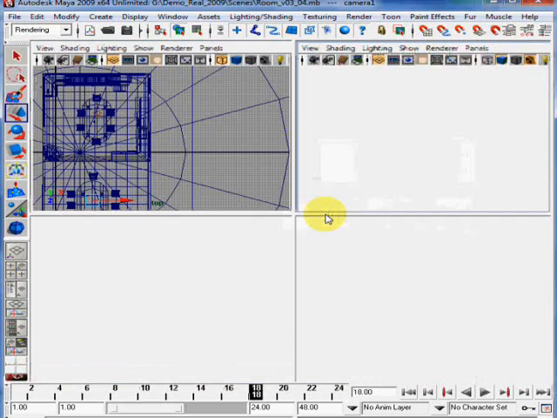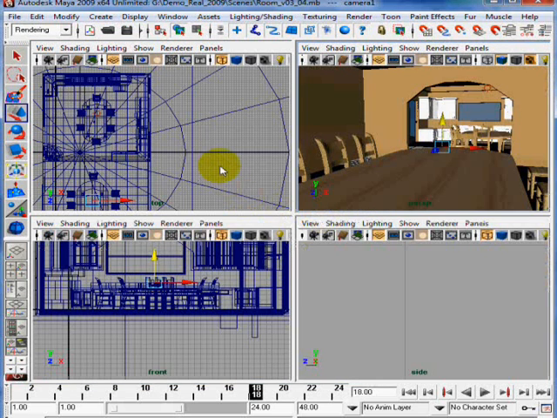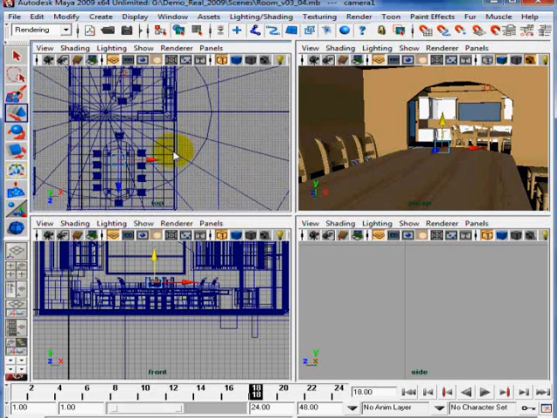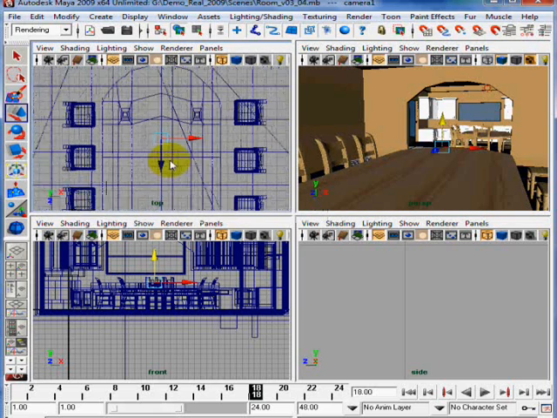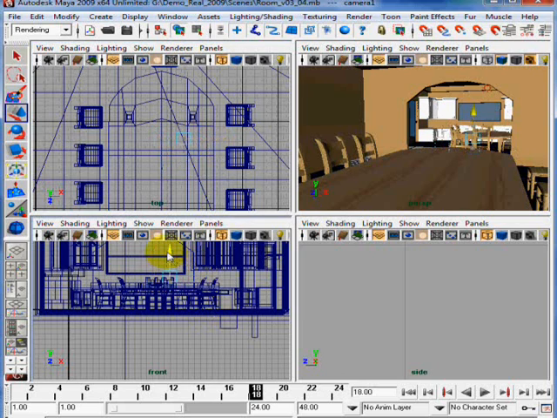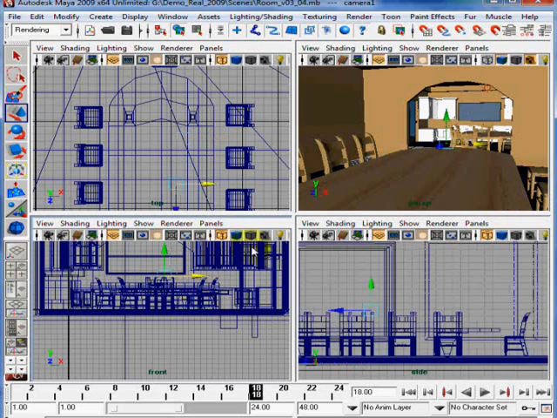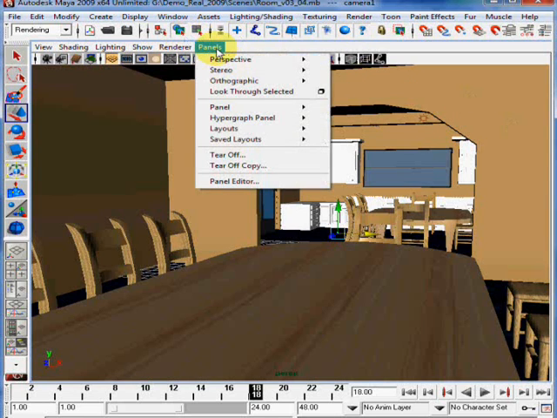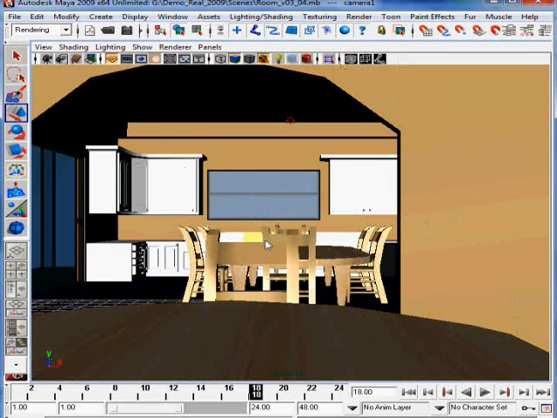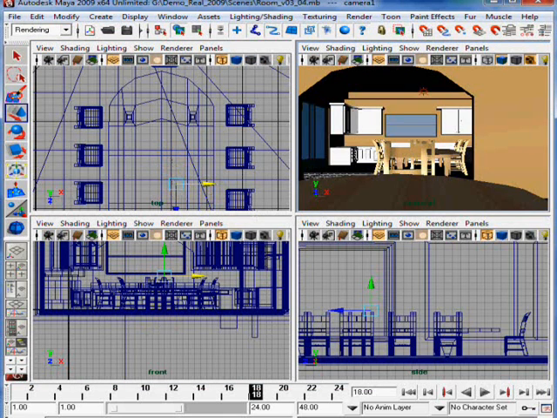And if you can't see it, then always go into your perspective view and the 4 panels. And once you're happy where you want to place it, go into panels, perspective, camera 1, and then you're in perspective, the view of the camera. So now this is our timeline down here,